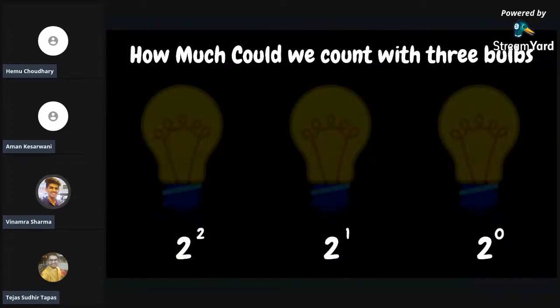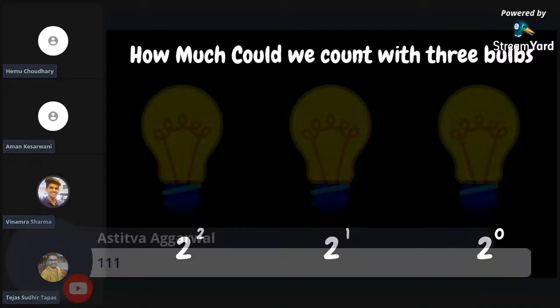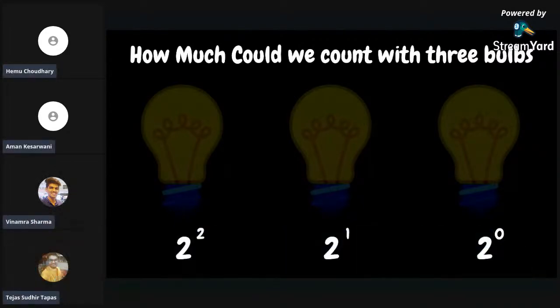And so now deciding whether your answer is right or wrong, you all are correctly right. Like, to represent 7, what we have to do? Switch on the first bulb, that is 2 to the power 0 equals 1. Switch on the second bulb, 2 to the power 1 equals 2. And then again switch on the third bulb. So all 3 must be switched on, that is 1, 1 and 1. That means, as we can count it, 2 to the power 2 is 4, and 4 plus 2 is 6, and 1, 7. So that's the exact answer.